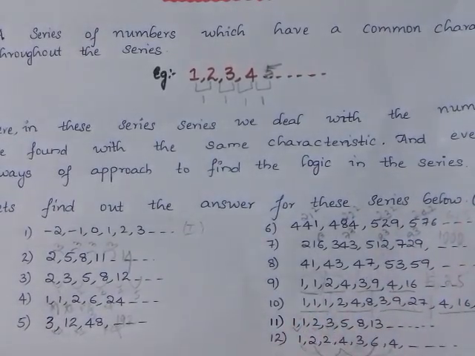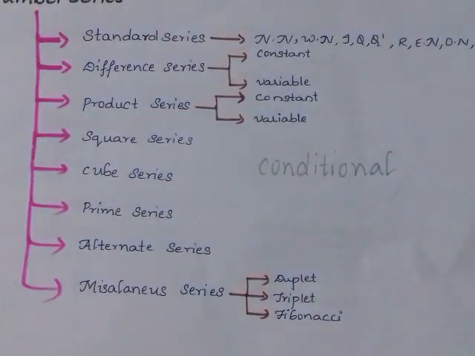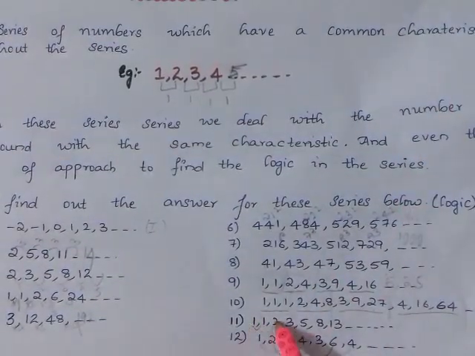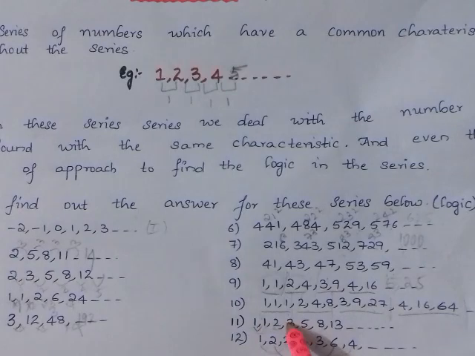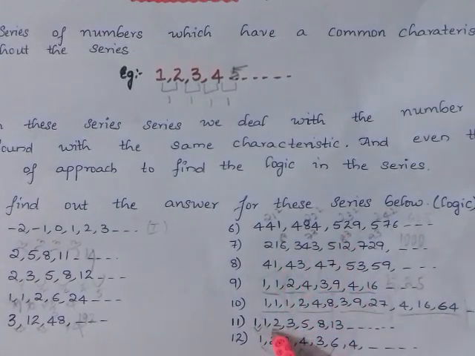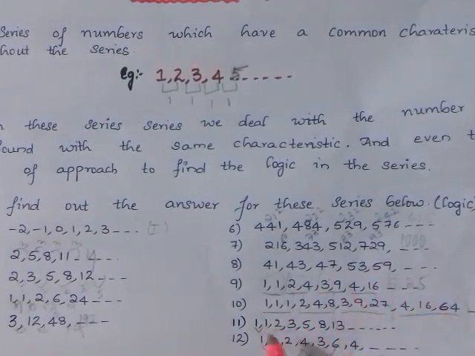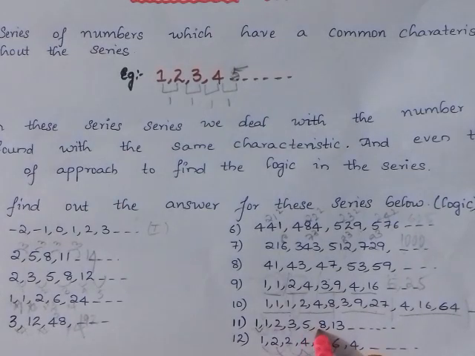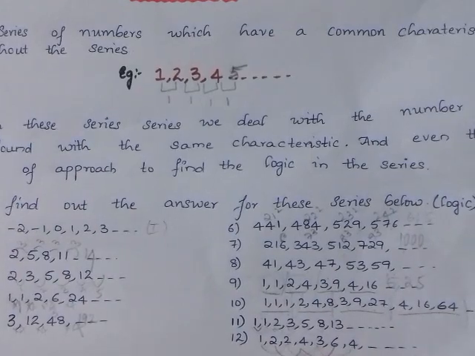Next, coming to the third type of miscellaneous series, it is the Fibonacci series. This Fibonacci series is the series where the first two numbers in the series give the sum as the third number. That is 1 plus 1, the sum of the first two numbers, gives the third number. 1 plus 2 gives 3. 2 plus 3 gives 5. 3 plus 5 gives 8. 5 plus 8 gives 13. Next number is 8 plus 13. After this,